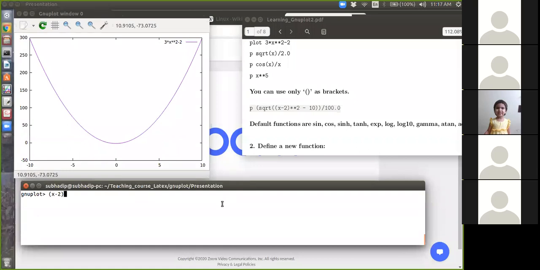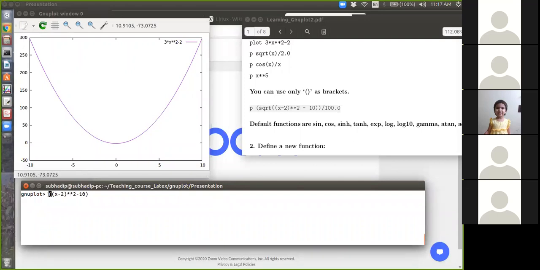Sorry for the interruption. So x minus 2 square. Okay, this is the middle argument minus 10. Now I want this thing to be within the square root.